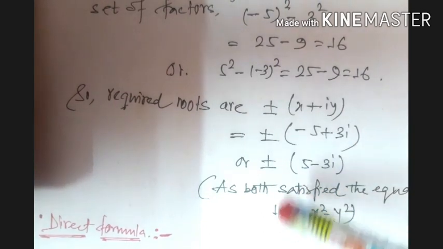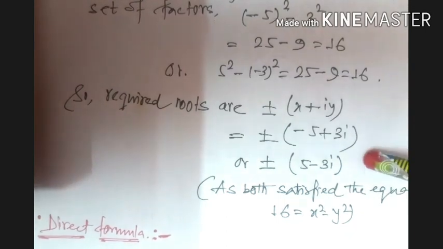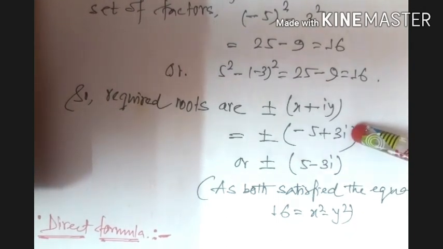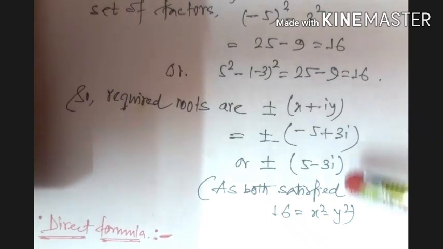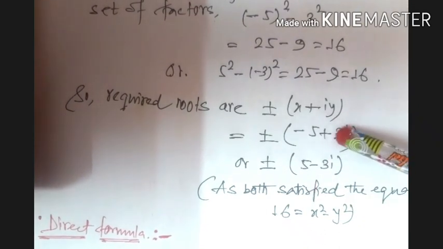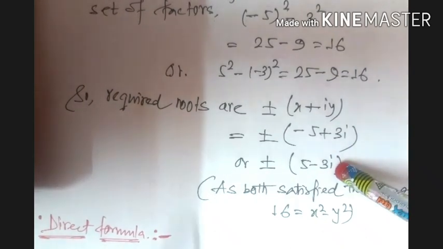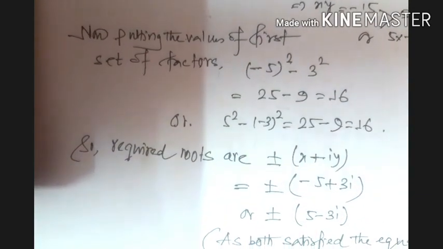Okay, so that's why we have used the OR option here. By using the OR option we'll have this. That means between these two square roots, sometimes we'll have only one, or sometimes we can get two also. But if you write any one of them, that will also be correct. So here I have solved by using this method. You can see this once again.